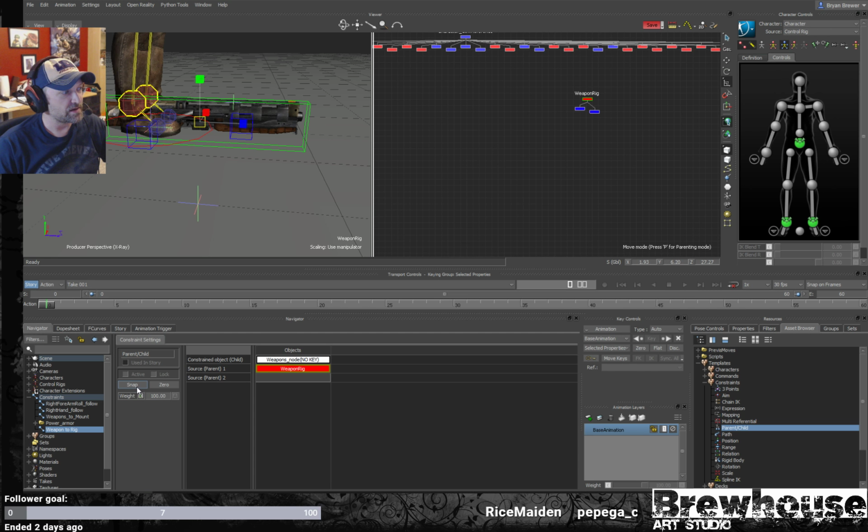So if I hit 0, what's going to happen is it's going to take my weapon and try to rotate it and translate it to match my source object as close to 1 as possible. And I don't want that. I want the offset in this case because the weapon